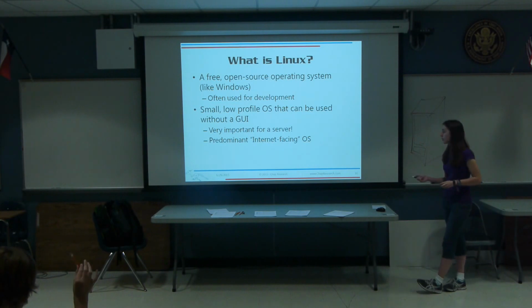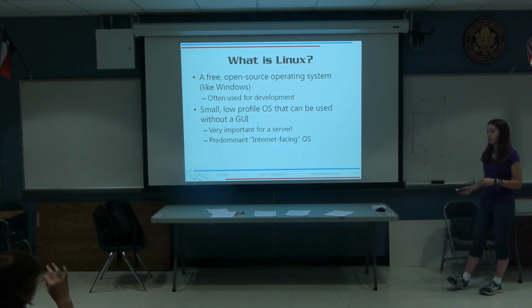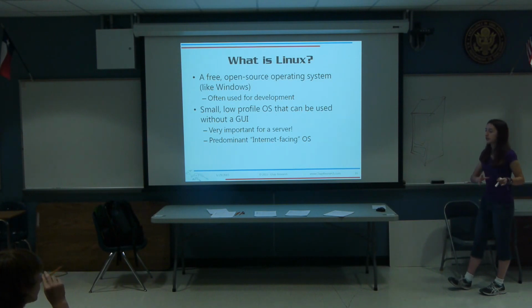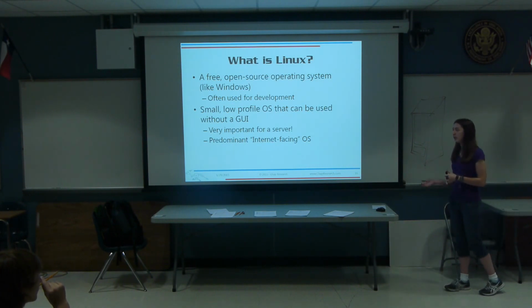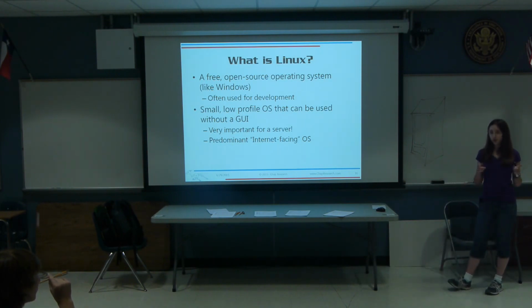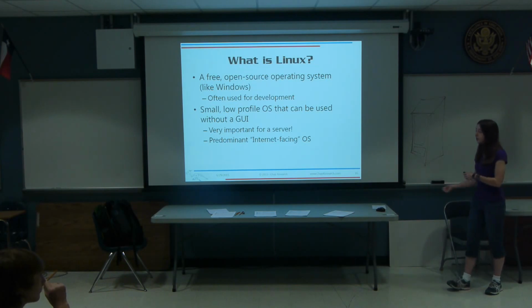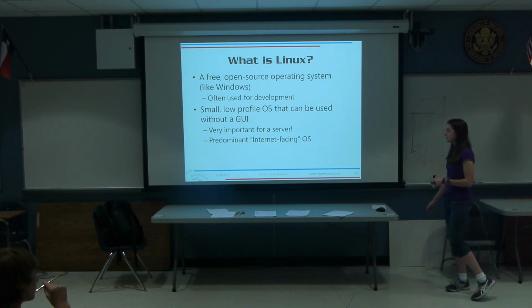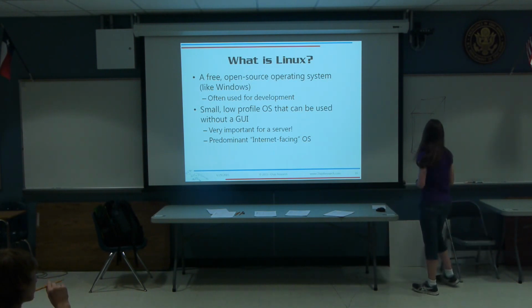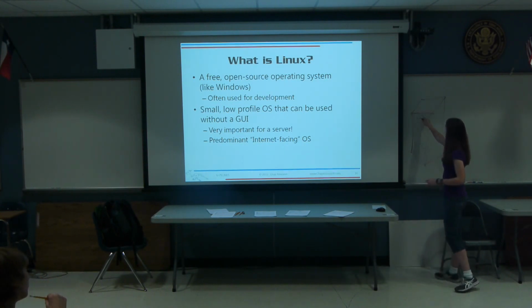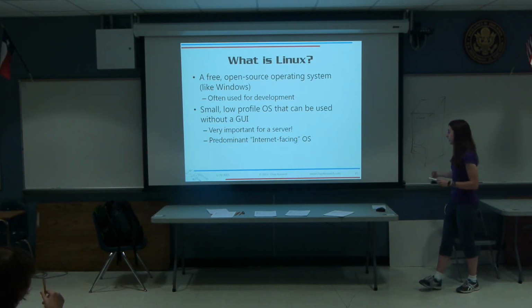And another thing about the OS for servers generally is that there are a lot of servers that run Linux. And so you can call it the predominant internet-facing OS, in that it's the operating system that talks to a whole lot of other computers to do stuff with the internet. That being said, it can also be used for humans. I think there are a couple people that have Linux just running on their laptop. You can use it with a graphical user interface, but the beauty is that it can also be used for this sort of thing. Does that make sense to everybody? So Linux is just sort of the outside container for what we're doing here.